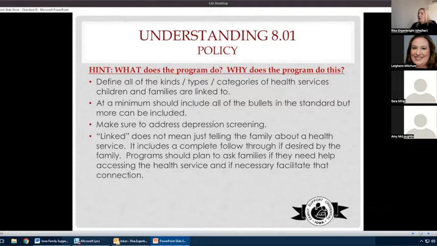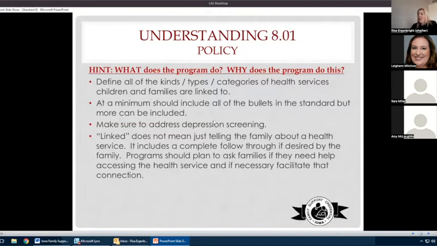So there's always going to be that time when you make a referral or you tell a family about something and they're like, okay, we're good, I'll take care of it, I'll call them. But you still want to follow up on that, like at the next visit, and then document that happened. Sometimes a family might need a little bit more help accessing a referral. And so maybe you need to have a release of information filled out and you help them access it that way.